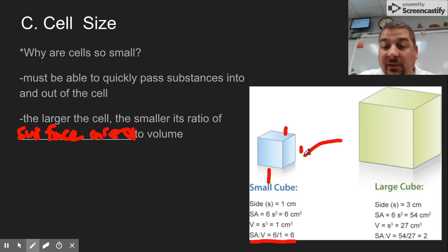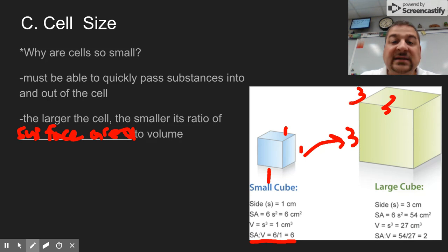If the cell grows, so over here we have a cell that's 3 by 3 by 3. One side is 3 times 3, which is 9, times 6 sides gives you a surface area of 54. The volume, length times width times height, 3 times 3 times 3, is 27. They both got bigger, so it should have more surface area, and it does. But surface area per volume, if you look at the ratio, 54 divided by 27 is 2, so